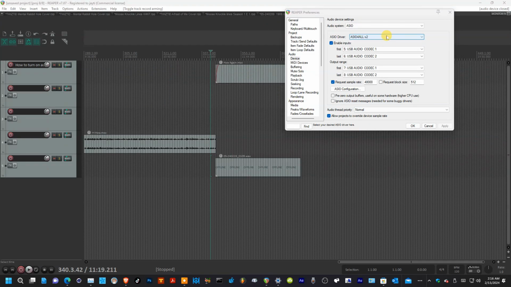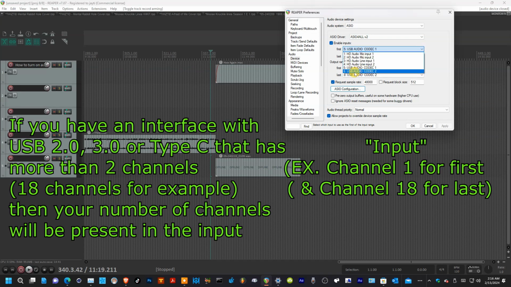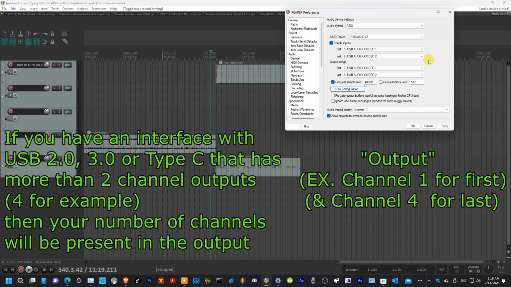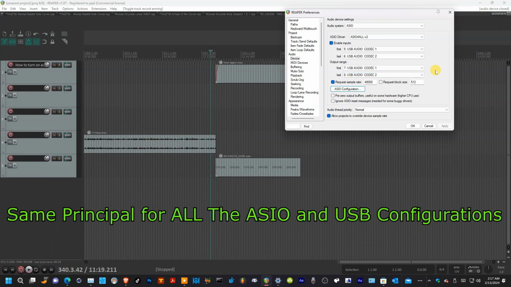Okay, and then you can select the number 5 is your channel, your first channel, channel left. Select that, and number 6, you select that. That's channel right, or your right channel, and then you have for your output. Okay, your output range. It's pretty much the same thing. Your left channel, and channel 7 or whatever, and then your last channel is your right channel. But I have all these channels 1 through 6 because I have a 5.1 surround sound on my audio card. But anyways,